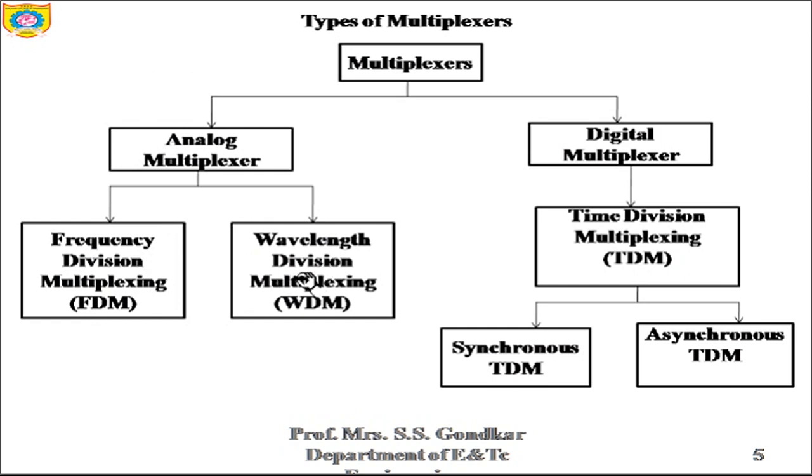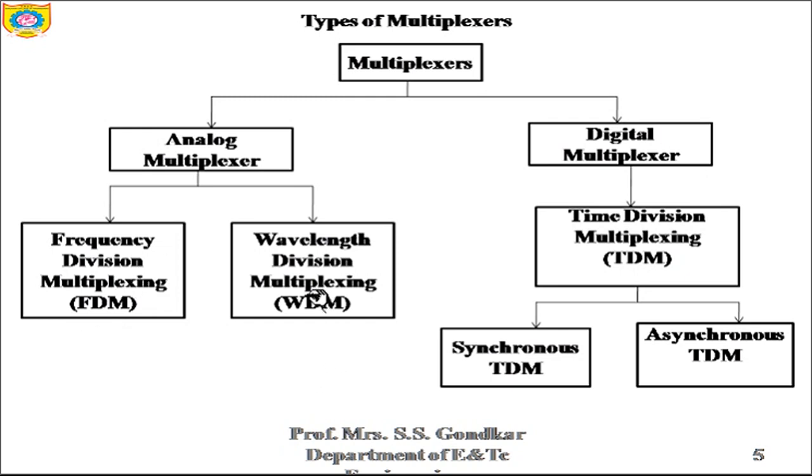wavelength division multiplexing. So if you are using FDM, frequency is used to combine the stream of data for sending them over a communication channel. One example for this is the television transmitter. On a television transmitter, a number of channels are sent through a single cable. You can see your television has a number of channels over a single communication link or cable, you may say,